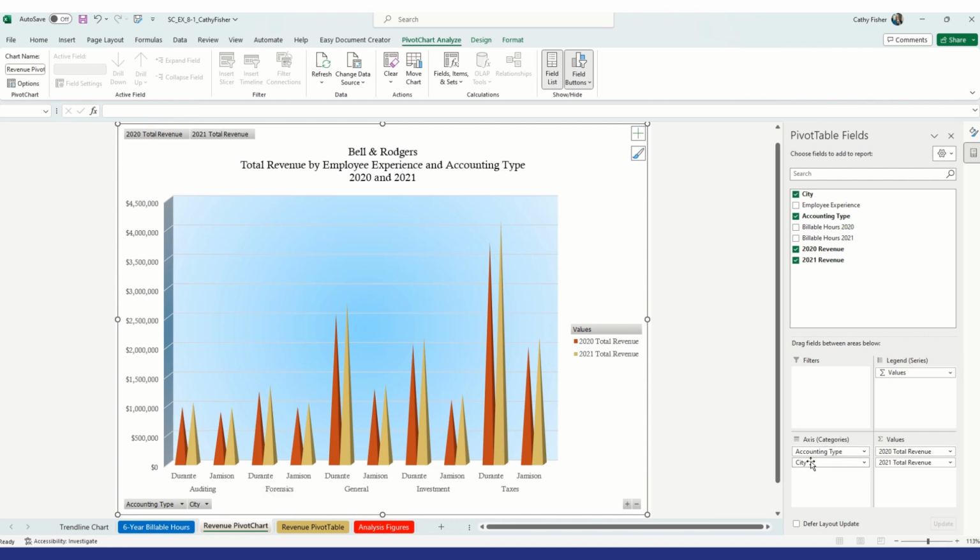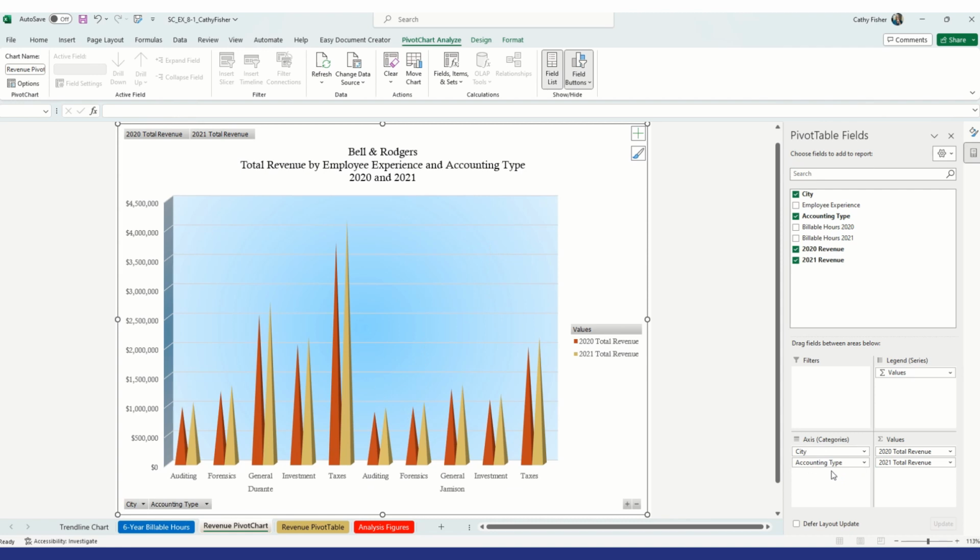So you'll notice in our axes down here, we have accounting type and city. If I was to swap those around, okay, now we've got it grouped by Durante, and then auditing, forensics, general, investment, and taxes, all the accounting types are within that. Okay, so I'm going to put it back to that,